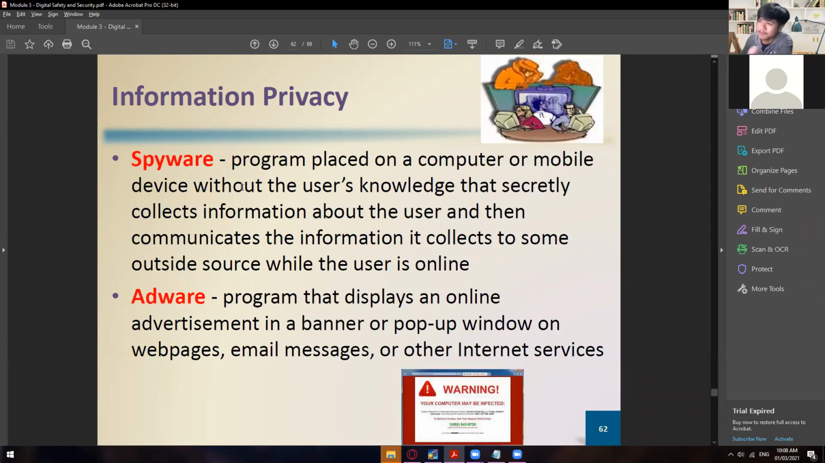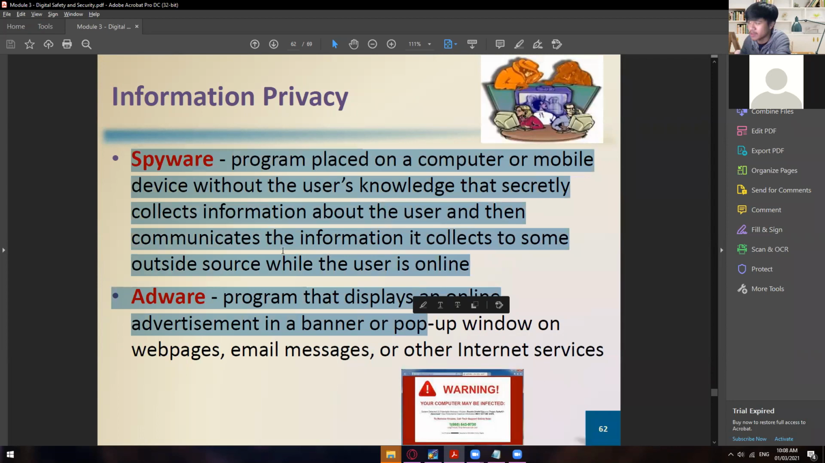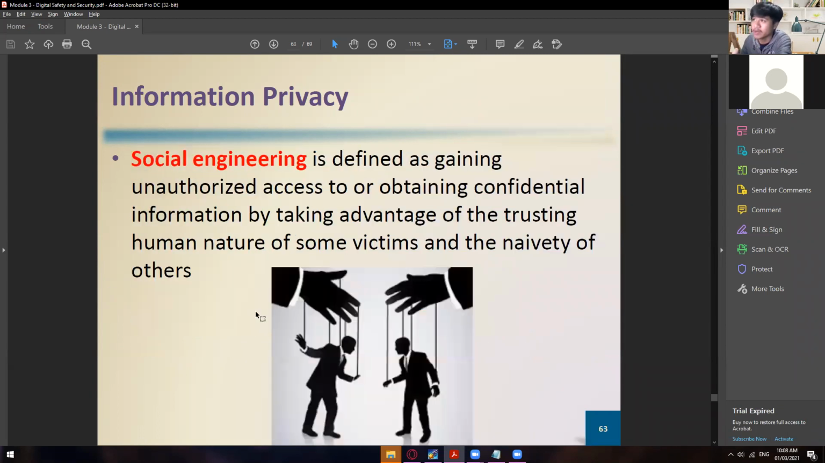Then we have here the spyware. We have already discussed this one a while ago, spyware and then adware. And then we have here social engineering. Social engineering is like controlling someone's computer or someone's account to take advantage of their credibility as a person, as a model, as an actor, or anyone who has a high position,